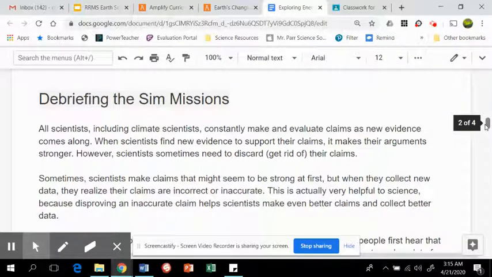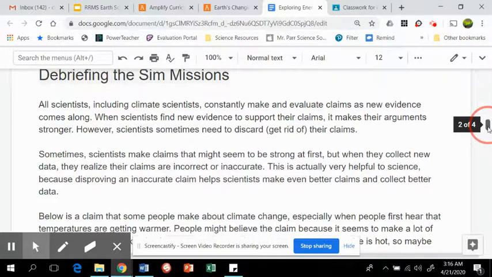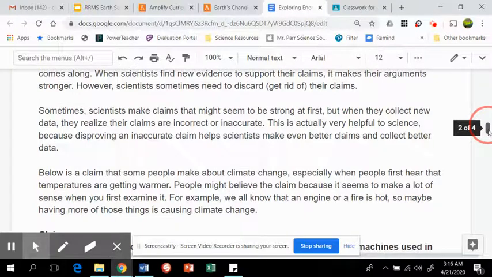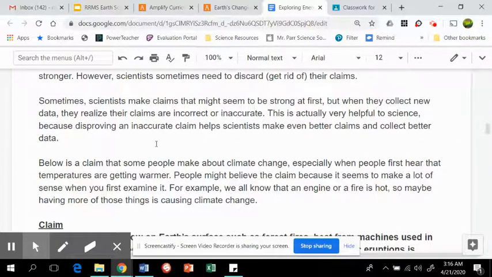Okay, debriefing the submissions. All scientists, including climate scientists, constantly make and evaluate claims as new evidence comes along. When scientists find new evidence to support their claims, it makes their arguments stronger. However, scientists sometimes need to discard their claims. Sometimes claims seem strong at first, but when scientists collect new data, they realize their claims are incorrect or inaccurate. This is actually very helpful to science because disproving an inaccurate claim helps scientists make even better claims and collect